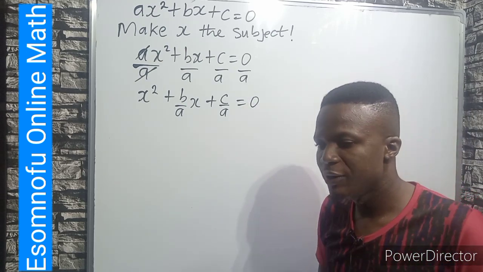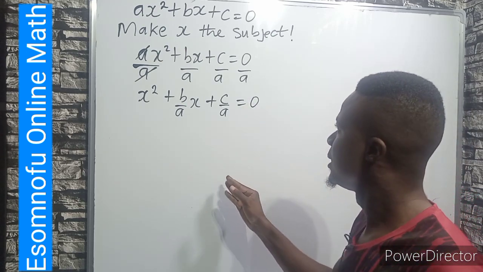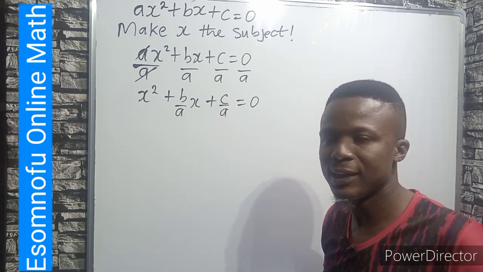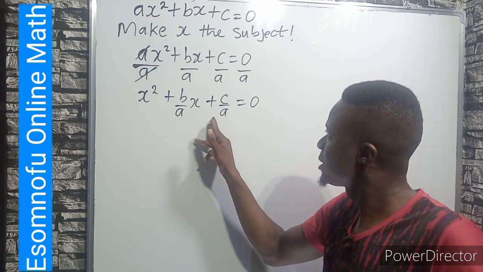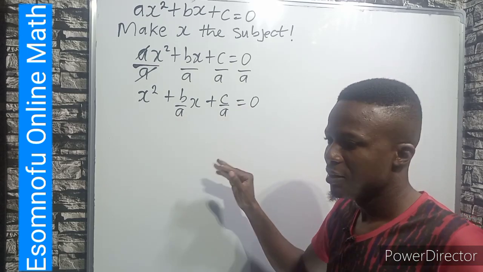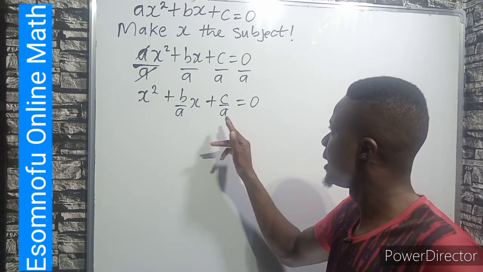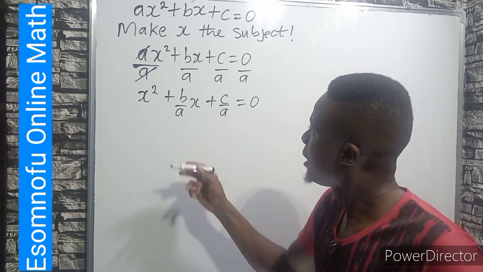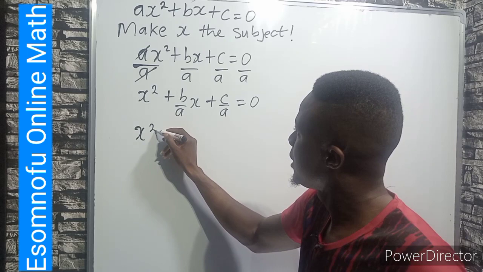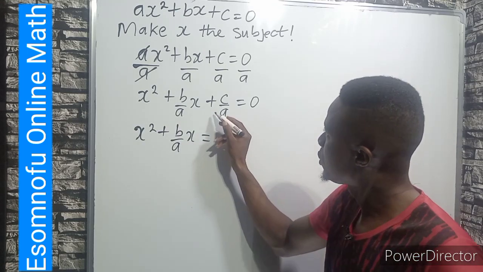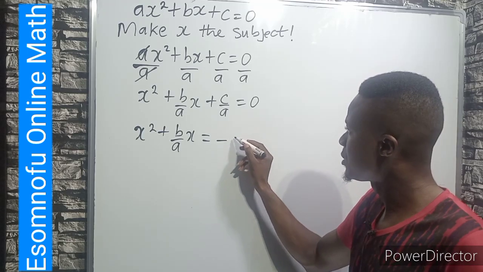The next thing is to move the constant to the right hand side. The constant we have here is c over a because it has no letter x in it. The other two terms contain x. Therefore, move it to the right hand side. Now we shall have x squared plus b over a x equals, when positive crosses over here, it becomes minus c